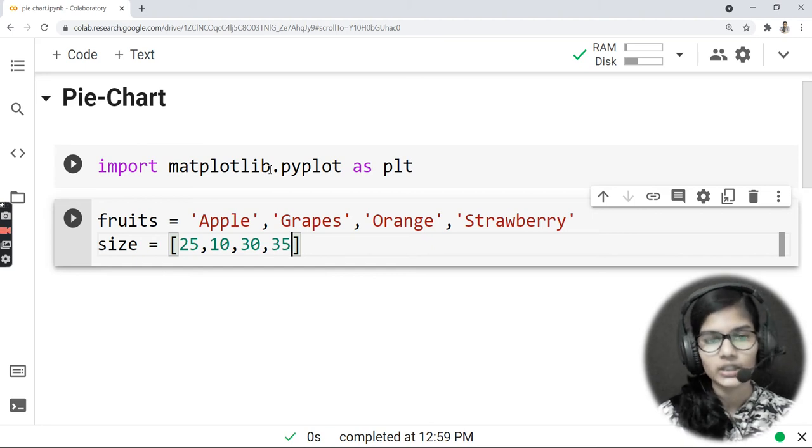It should only and only be 100. So you can just have a look here at what numbers I have taken here, what percentages I have taken. If you sum all of them, it will actually become 100, right? So 30 plus 10 is 40, and then we have here 50, 60, 70, 75, and 75 plus 25 is 100, right? So that I have done here. Make sure to follow this thing. Do not make the error here. Otherwise, your pie chart will not be plotted correctly.